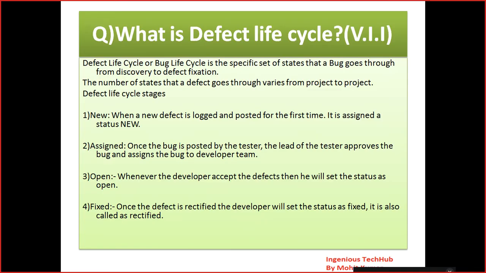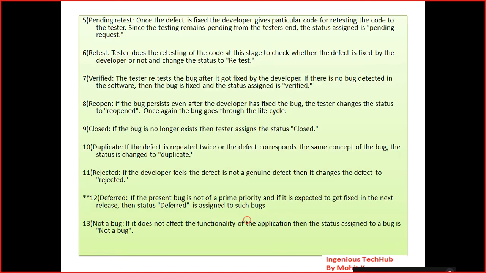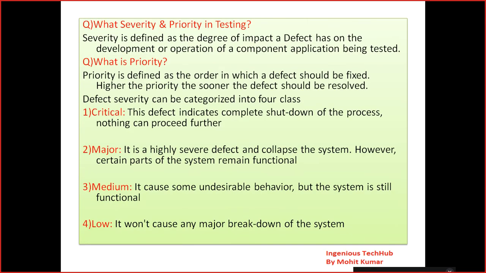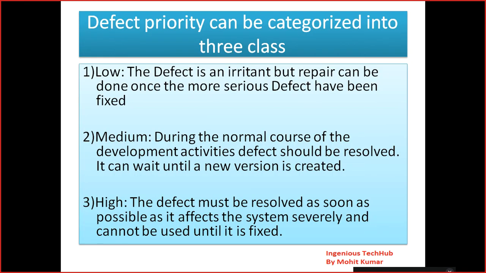So what is the defect life cycle? How to raise the defect, what is the defect? You should not just speak theory. You have to give one real-time example. Here is one page. If some interviewer asks you what a defect is, then you can draw one diagram with username and password, one expected and one actual, and show that something is missing here. Then you can tell them, yes, this is not matching, so this is the defect.